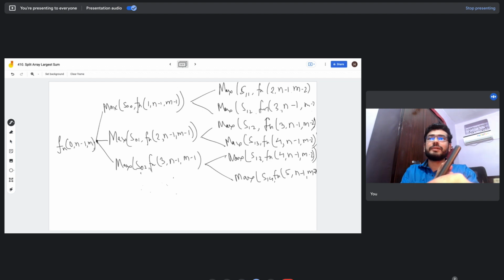If we are putting the first split such that our first subarray just contains the first particular value in the array, then we are going to put S00 over here, and leverage the rest of the problem into another recursive call to our function starting from the first index to the n minus 1th index. And what we need to find over here now is m minus 1 more splits, that is m minus 1 more subarrays. And similarly, we can choose to put the first split after the first index or the second index, and so on and so forth. And similarly, we'll keep on leveraging the rest of our problem to a recursive call.